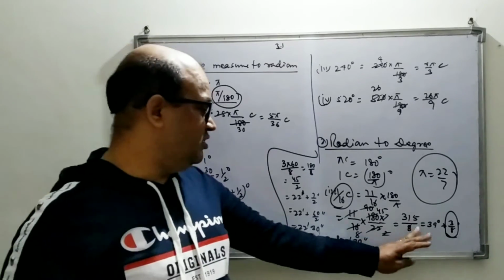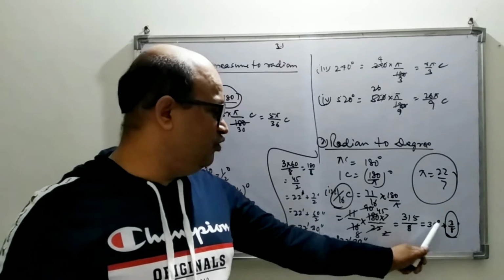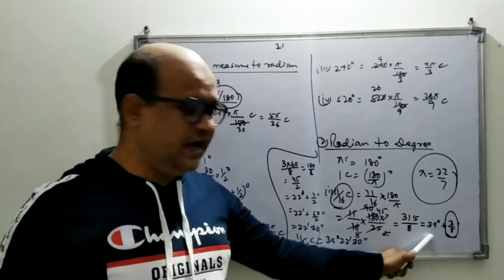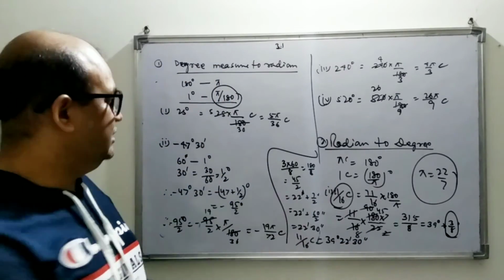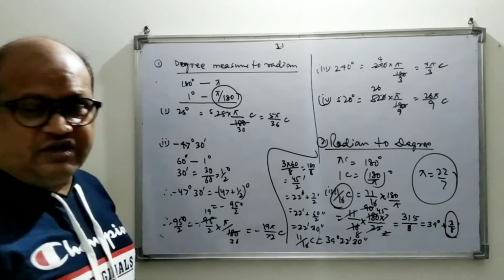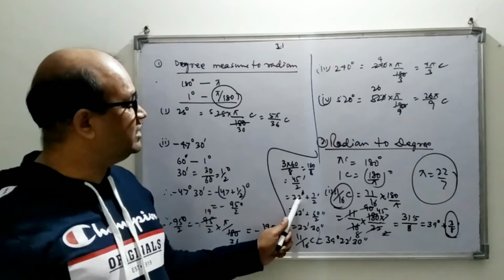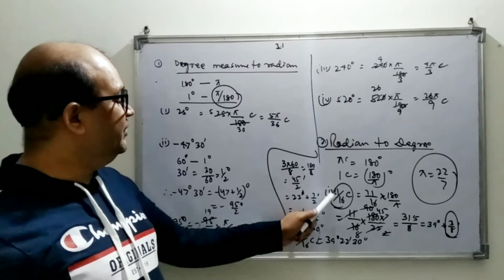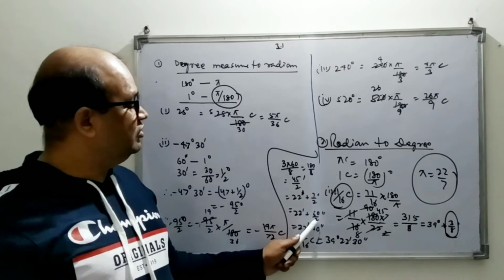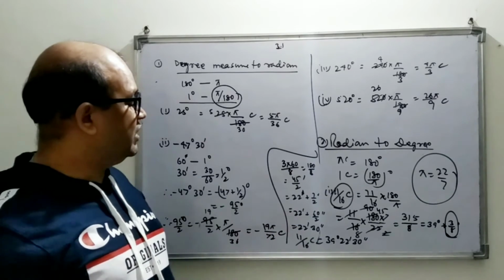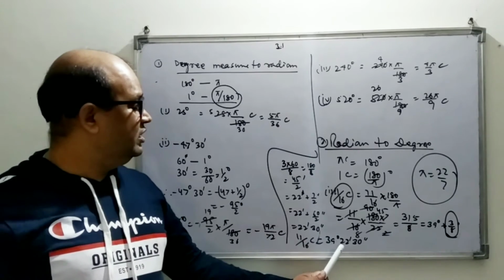You have to convert this. How is it converting? First you divide. If you are getting 315 by 8, divide it. You will get 39 whole number 3 by 8. That is 39 degree plus 3 by 8 degree. 3 by 8 degree, again you convert, simplify it into minutes. This is 45 by 2 minutes. Convert 45 by 2 minutes into fraction. Then it gives 22 whole number 1 by 2. That is 22 minutes plus half minute. This half minute convert into second. We know 60 seconds equal to 1 minute. That is 60 by 2, that means 30 seconds. So what I ultimately get is 11 by 16 radian equal to 39 degree 22 minutes and 30 seconds.